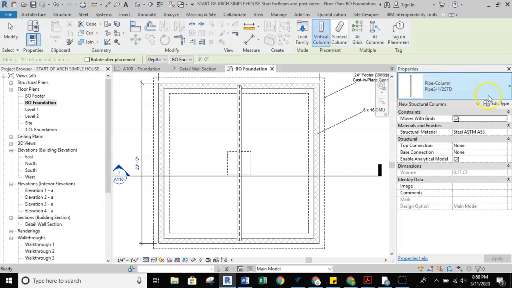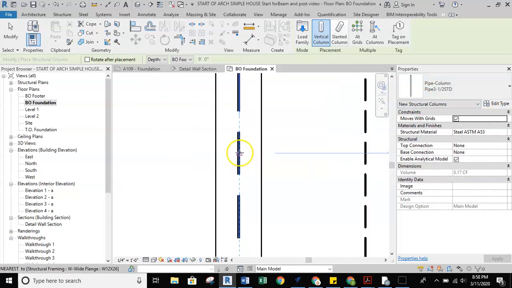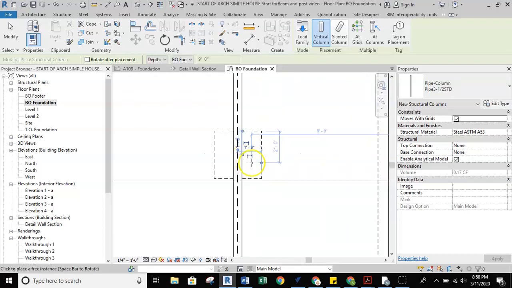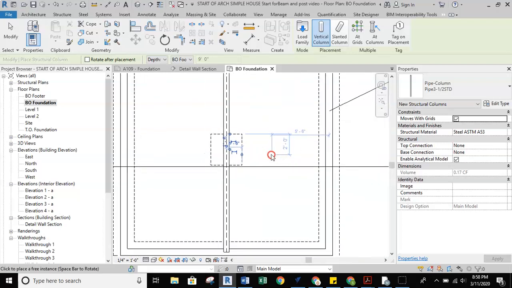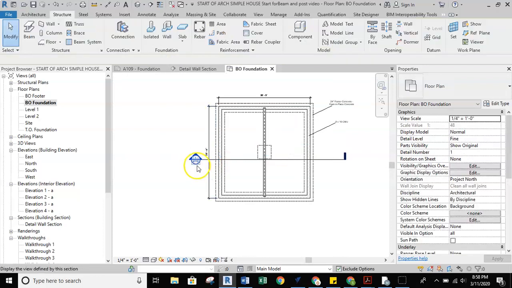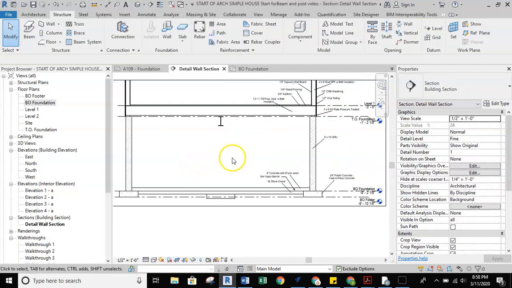And now we're going ahead to add that. So I'm just going to go ahead and find center of beam, directly center of these double lines here on the beam on that midpoint. We'll go ahead and click and drop that column in place. Now, the column's not going to be visible for a few reasons. We'll go ahead and hit escape twice to finish the command,